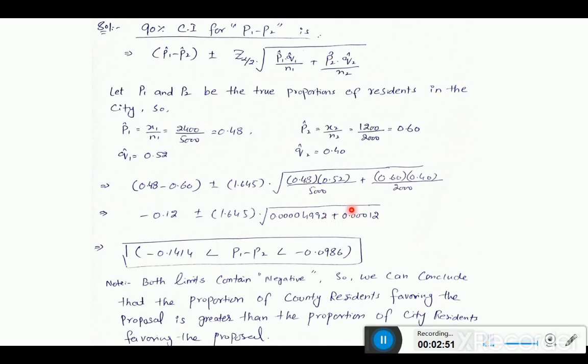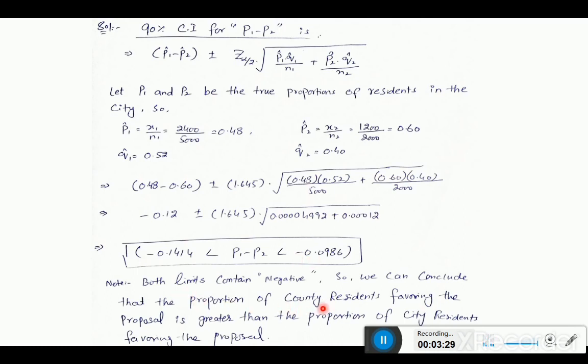You will get 0.1414, and 0 minus 0.09886. That is a confidence interval between P1 and P2, meaning residents of city 1 and residents of city 2, or county. If you notice one thing, then note it down in your notes: the interval lies below the limit and it contains a negative sign, so we can conclude that